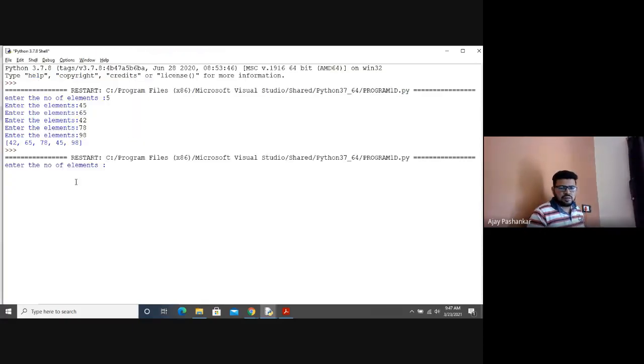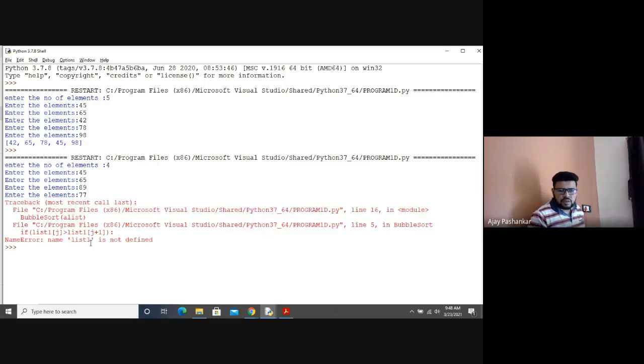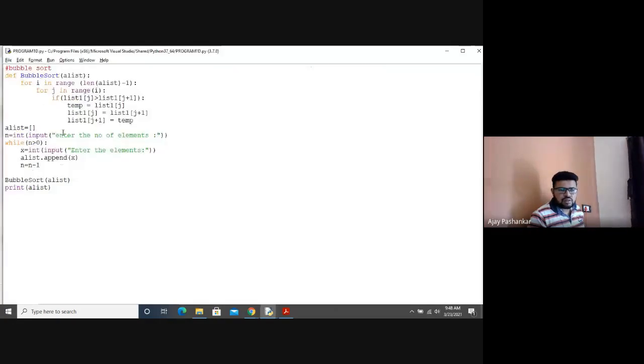Let's see whether it is working or not. Enter the number of elements 4, 35, 65, 89, 77. List 1 is not different. Okay, no issue. List 1 किधर है?